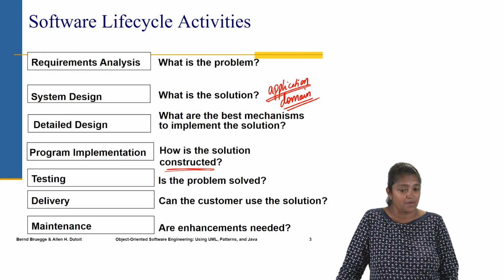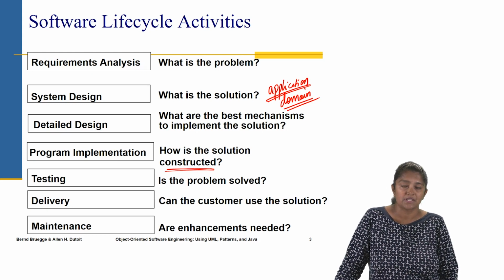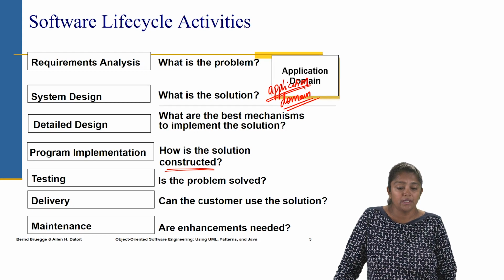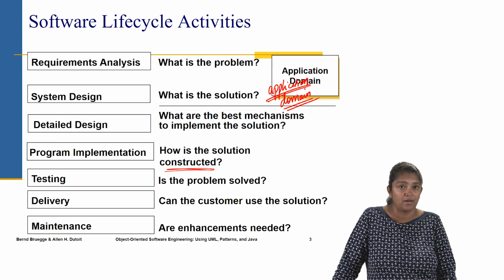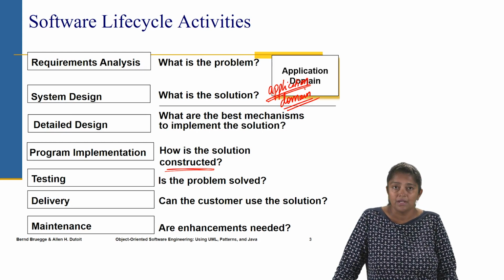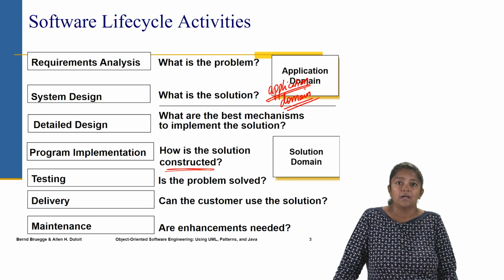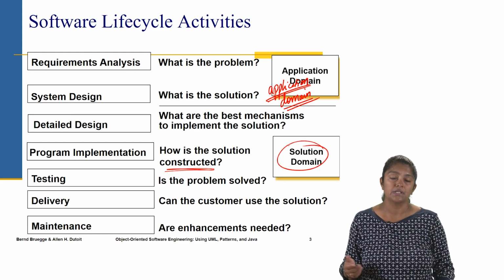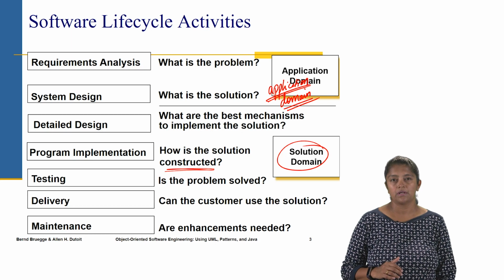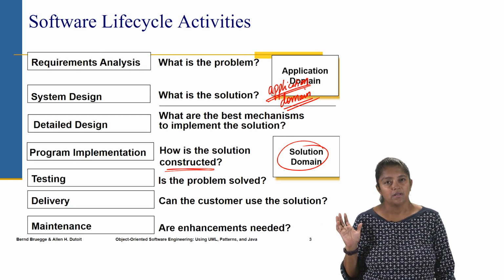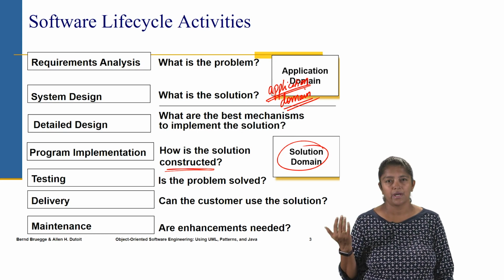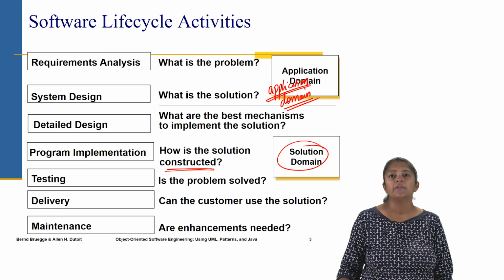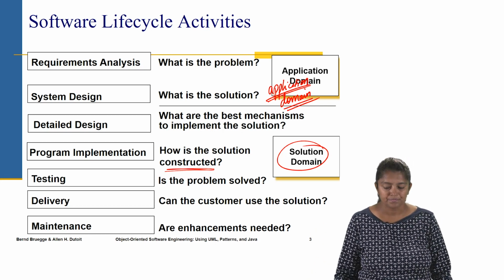So that's the software, the different activities in the software life cycle. And like I said, everything in the first two steps relates purely to the application domain. We're not thinking about the solution domain yet. But starting from the detailed design and down, what we are dealing with is the solution domain. So that's where we're thinking about the implementation details, specifics, platform, software, hardware, what kind of operating systems, what kind of browser compliance are we supposed to support, and so on.